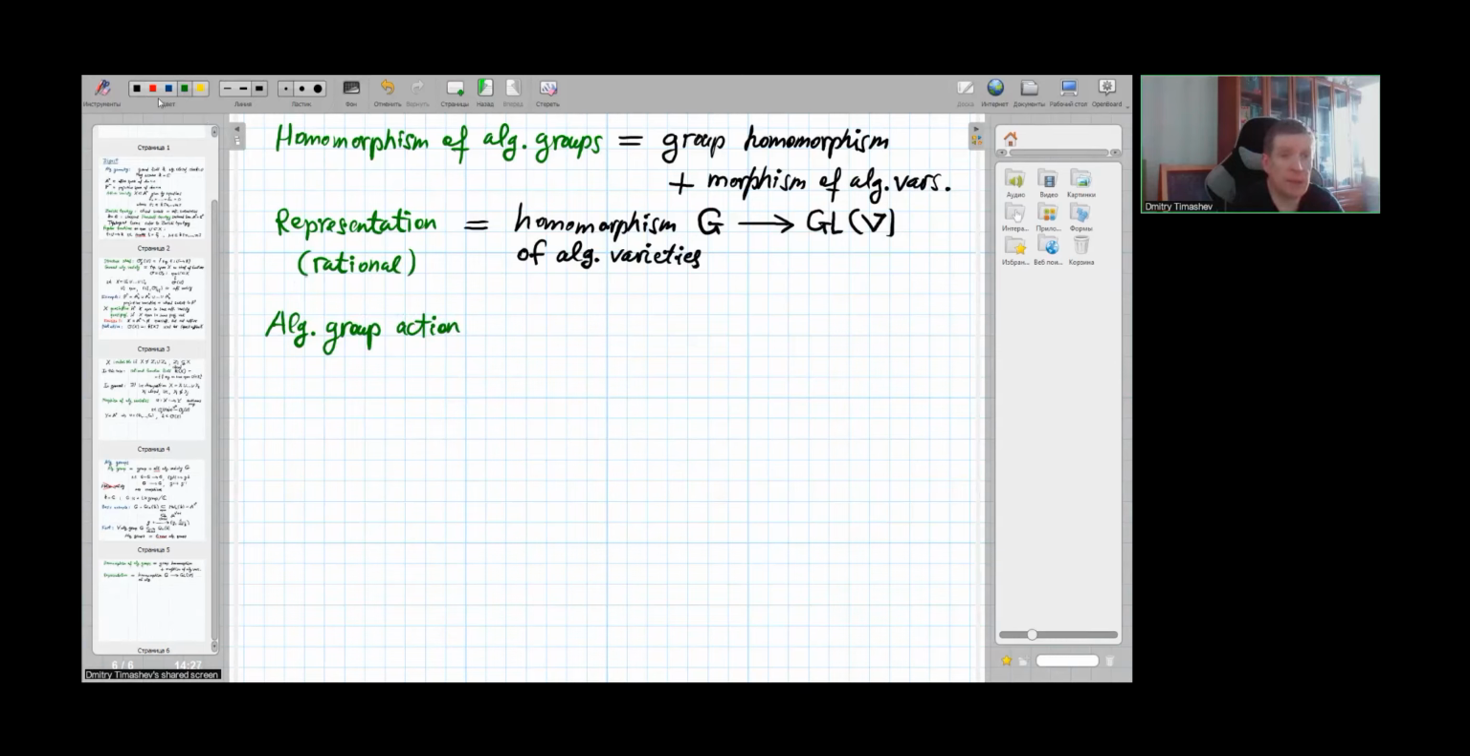So what is it? If you are given an algebraic group G and an algebraic variety X, then the action of G on X is the group action in the usual sense. So the group G acts on the set X. Group action such that